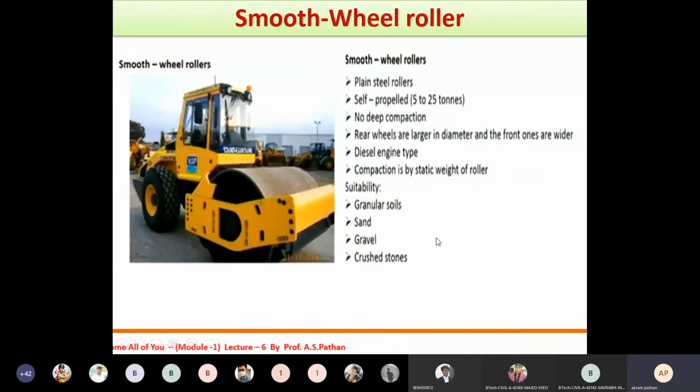Now the area where we can use these rollers: granular soil, for compaction of sand, gravel and crushed stones. So these are the areas where we can use this particular roller for compaction.